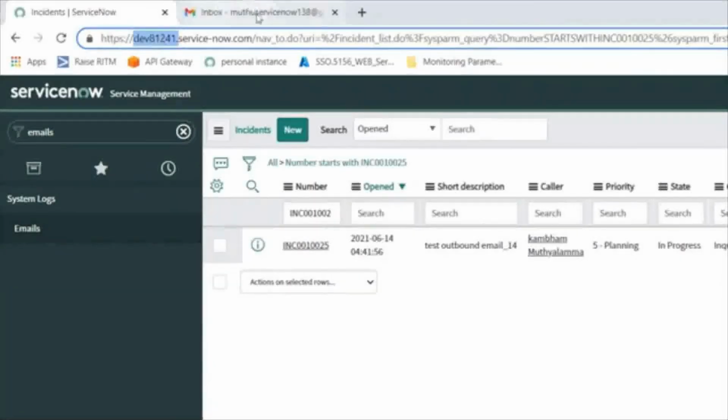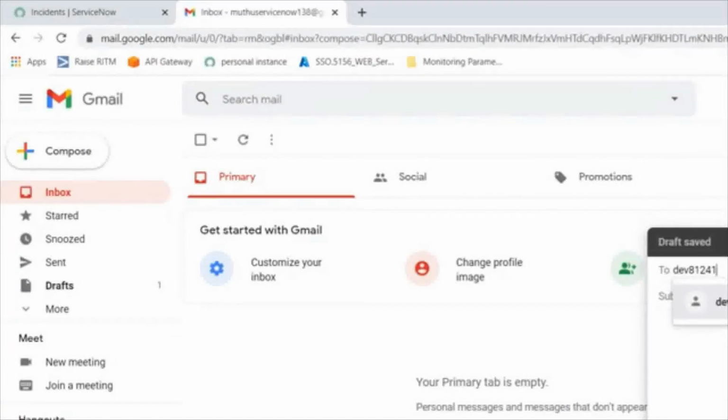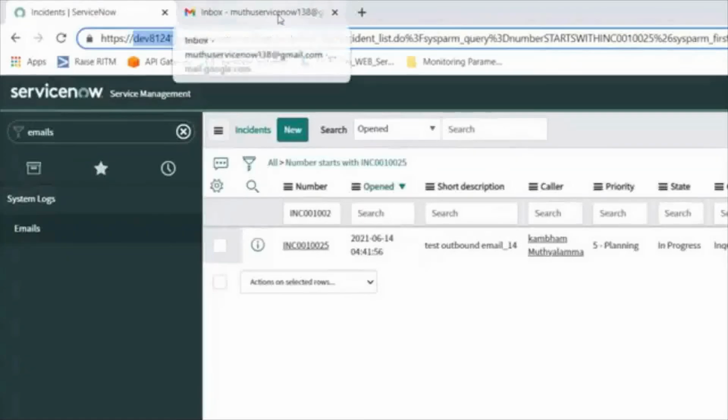Whenever you are sending outbound emails, you give the instance name at the rate servicenow-developers.com. This is the developer instance, which we are sending to from the Gmail.